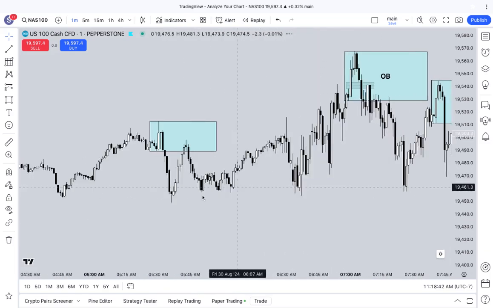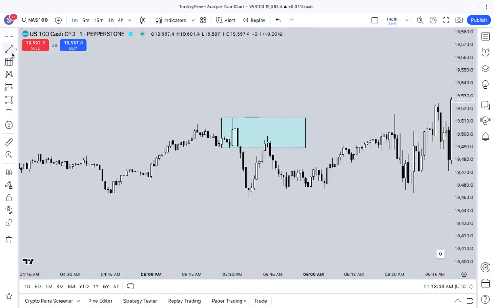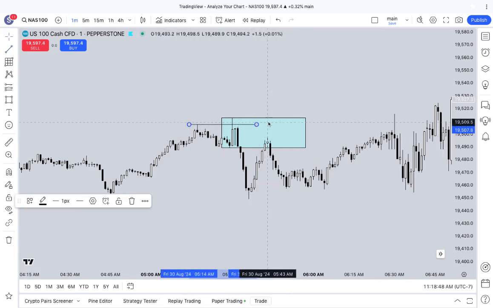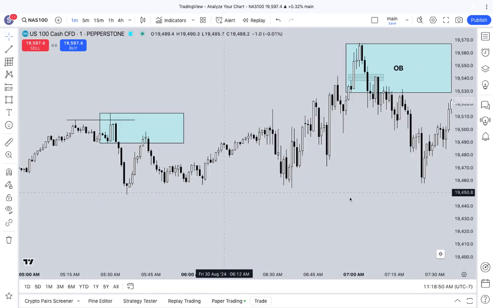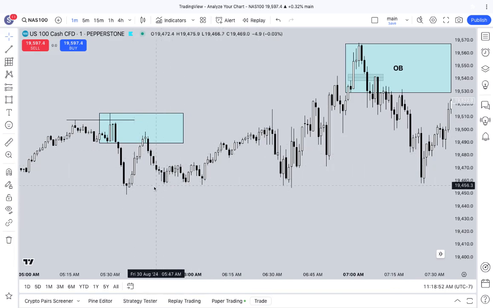Right here we have the sweep, and then we have it come back into the order block, and then come down into these fair